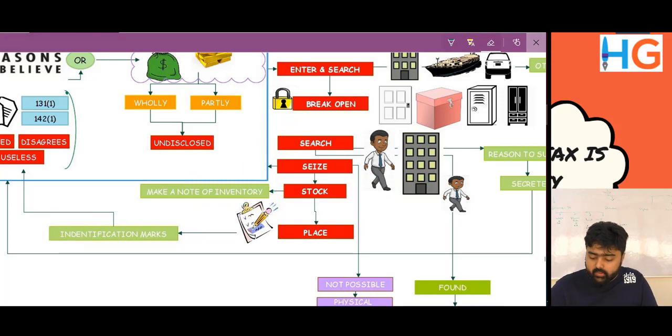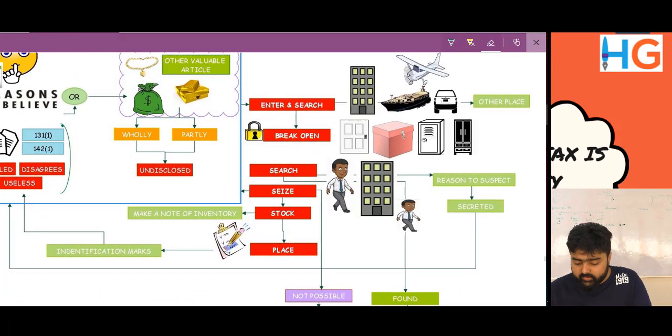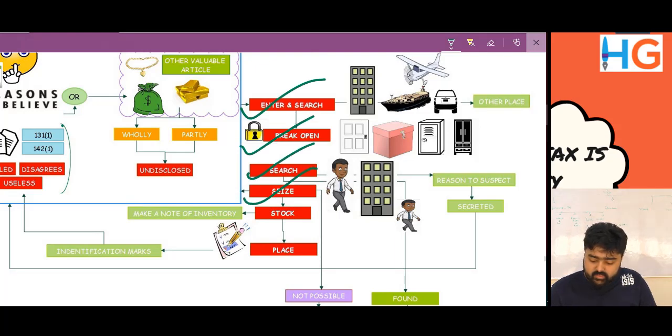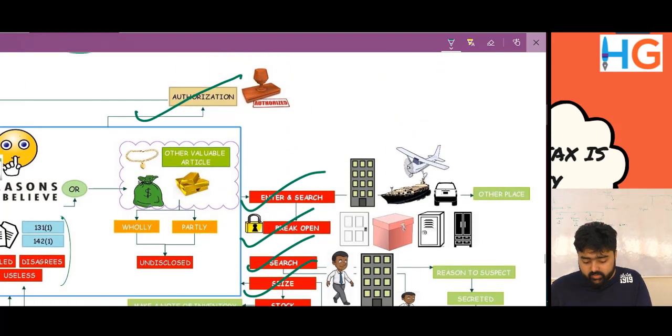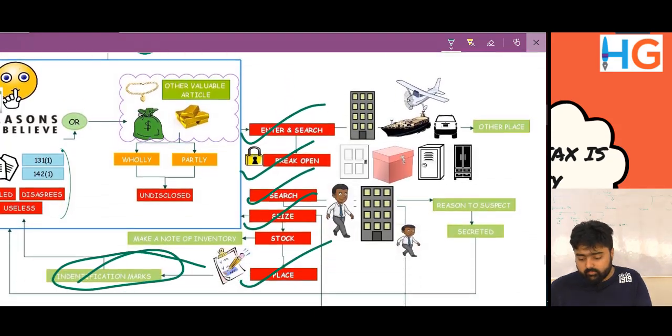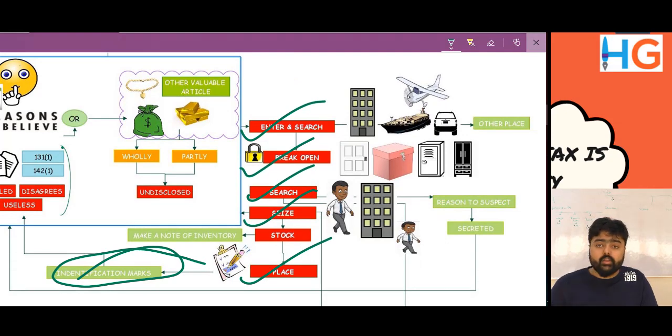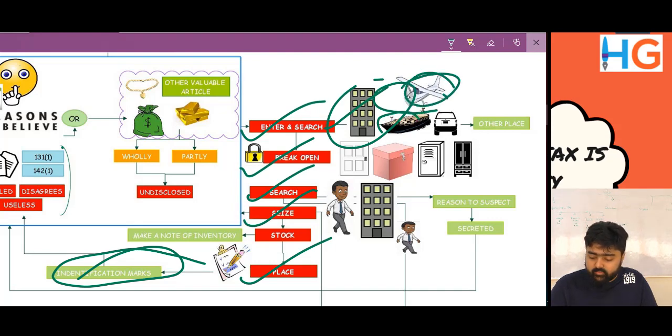So these are his powers: he may enter and search, break open, search, seize, and place identification marks. If in exams the question is what are the powers of an authority under 132(1) for search and seizure, you have to write these red boxes: enter and search building, aircraft, ships, etc.